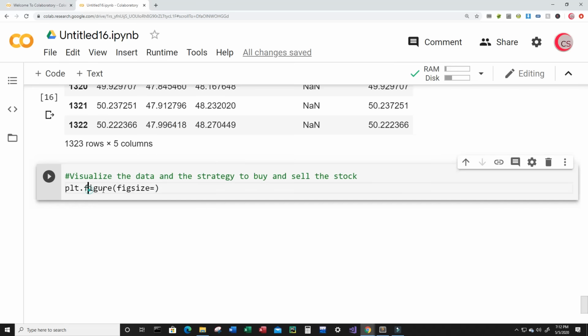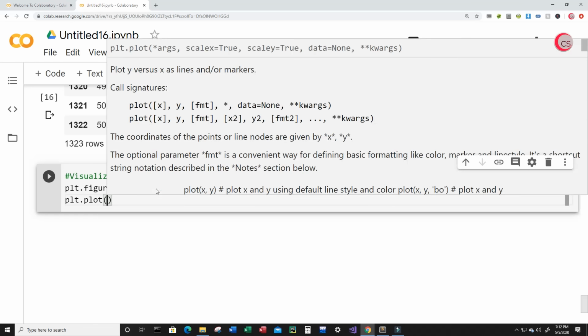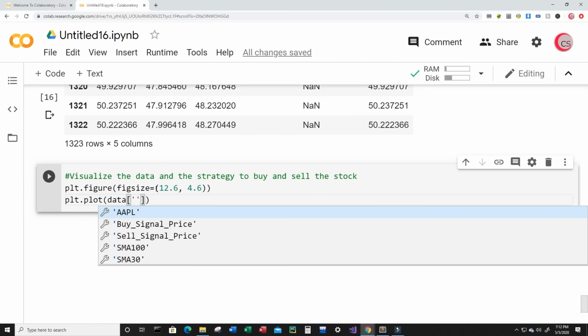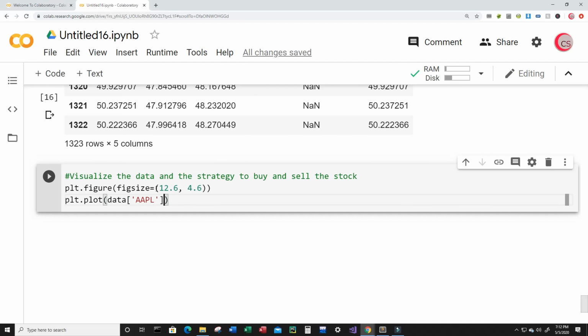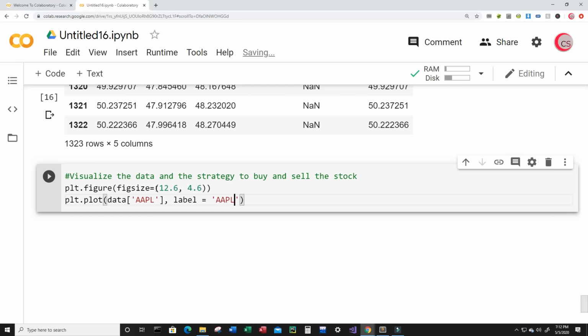I'm going to set the figure size equal to, this time I will do, I keep it the same, 12 point, we'll do 12.6, why not? 12.6 inches by 4.6 inches, and then type plt dot plot, and I'm going to plot data at position AAPL, and then I'm going to give it a label. So I'm going to set the label equal to AAPL, so that's the adjusted close price, and that looks good